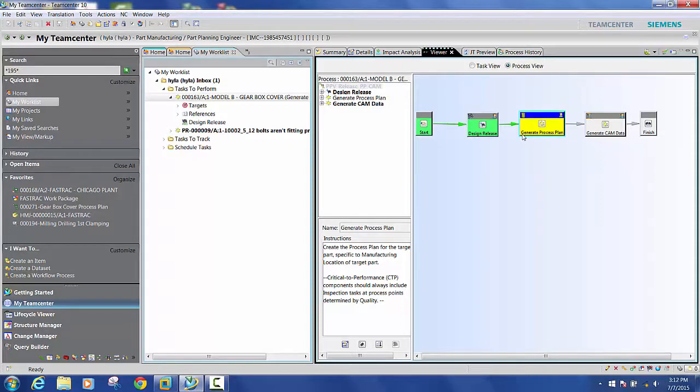In this demo workflow, we have two steps. A step where the part planner creates the process plan, followed by a step where the NC programming team generates CAM data on this process plan. This CAM data will include NC programs, tool list, and other manufacturing work instructions. Finally, the manufacturing data is released to the shop floor where it can be accessed by Shopfloor Connect for Teamcenter